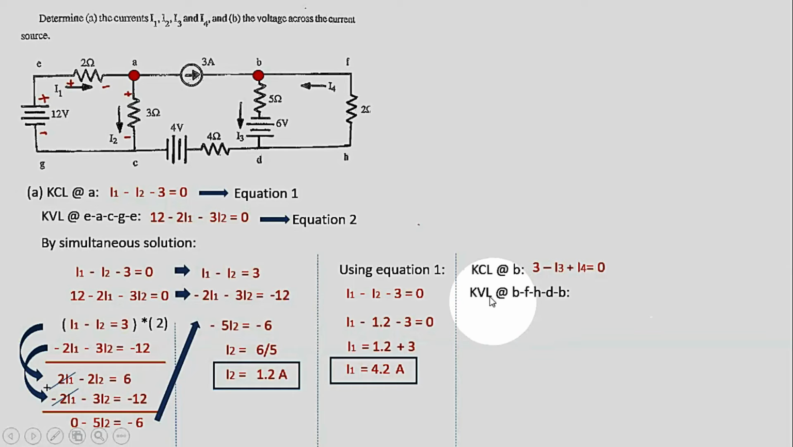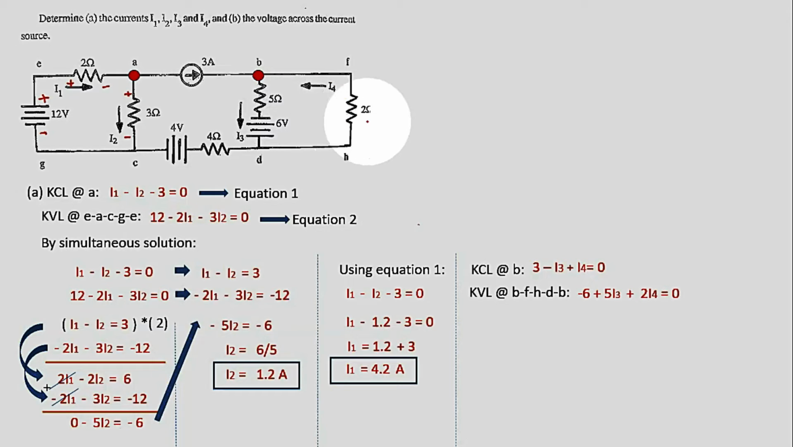And for your Kirchhoff's voltage law, we take the clockwise rotation, B, F, H, D, B. So voltage drop and voltage rise. So this one again is the equation. Negative 6 volts is voltage drop. Since this is positive and negative, this will be voltage rise. So plus 5 I sub 3. And this one is actually